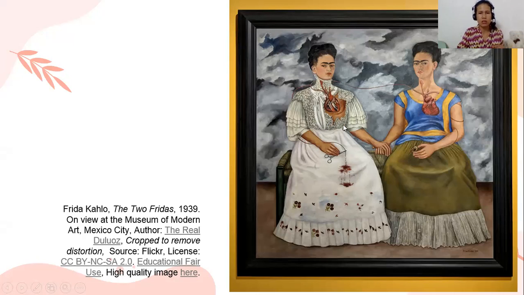Kasi sabi nila, during the time daw na pininta ni Frida, ito yung time na nakipag-divorce yung asawa niya sa kanya, or nag-divorce sila ng asawa niya. So might be that time she was broken-hearted, at hindi lang siya broken-hearted, there are other reasons kung bakit ganyan ang kanyang painting. Okay? So in that time as well, siguro kasi mayroon ding mga pangit na experiences kasi actually Frida is experiencing, or meron siyang polio.